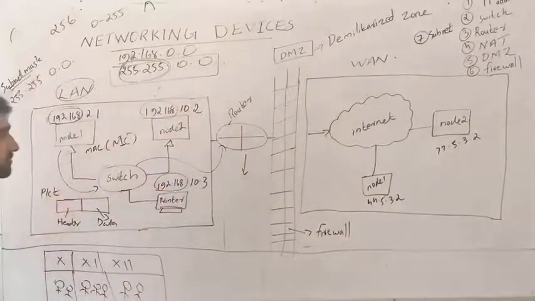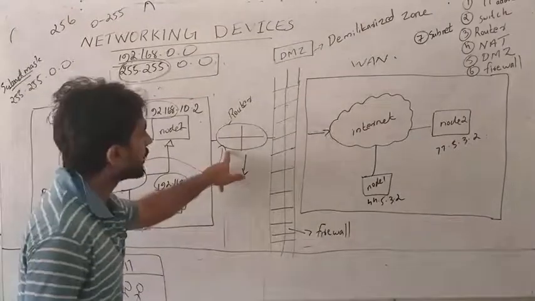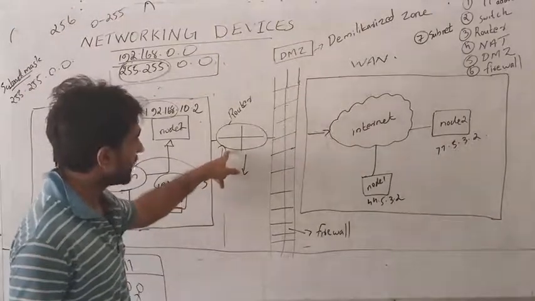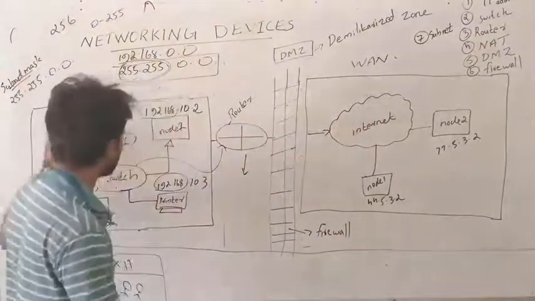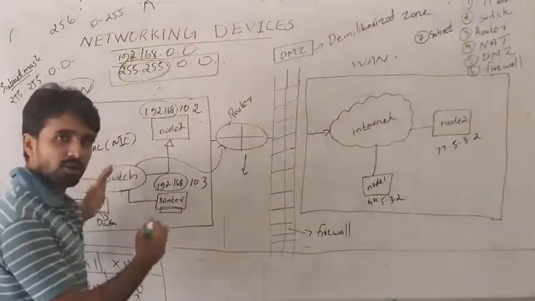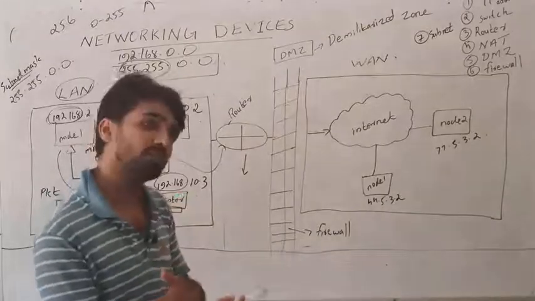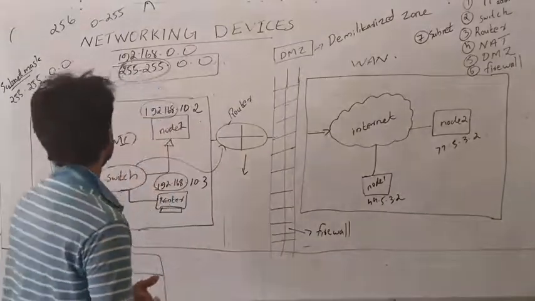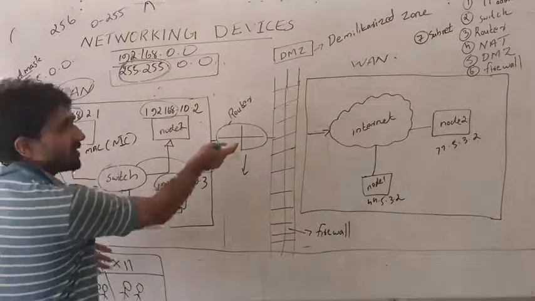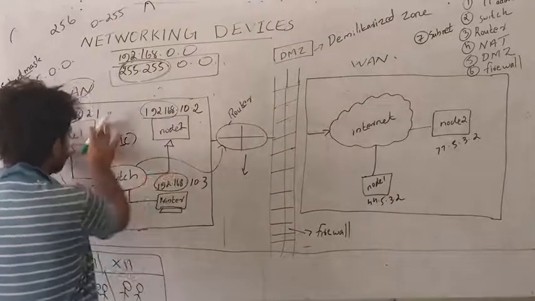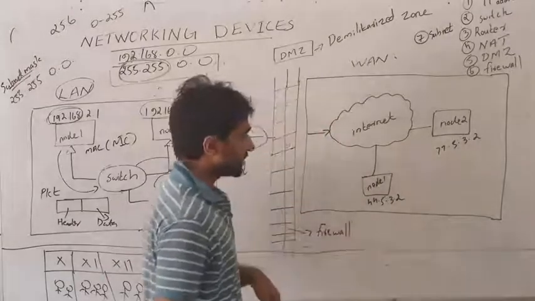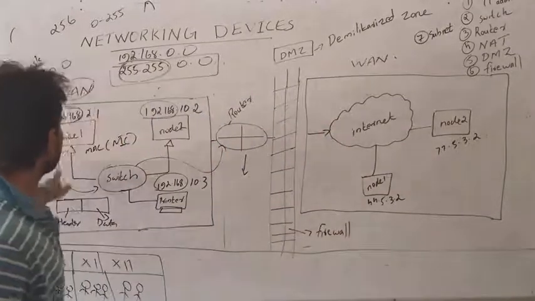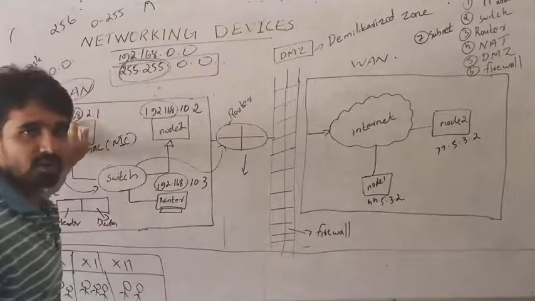The router is a device in between this LAN and this WAN, which means that the router sits between your computer and the outside computer, the internet. So via the router only, these packets go to the internet, to the other devices. Then again, one problem is there. It contains only the local IP address.